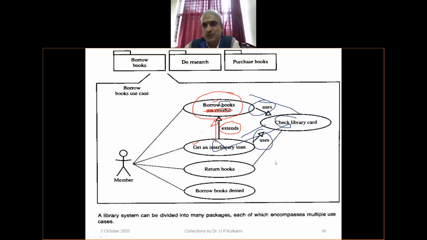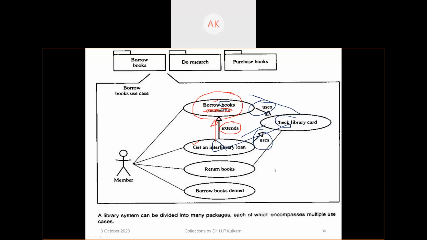So that is how the modular approach is used in use cases. In that case, I'll go to the next one. Shall we take a small case study, a few paragraphs, and work on that, identifying actor and use cases? Ashish, shall we quickly get into a small case? Yes, sir. That will be better.